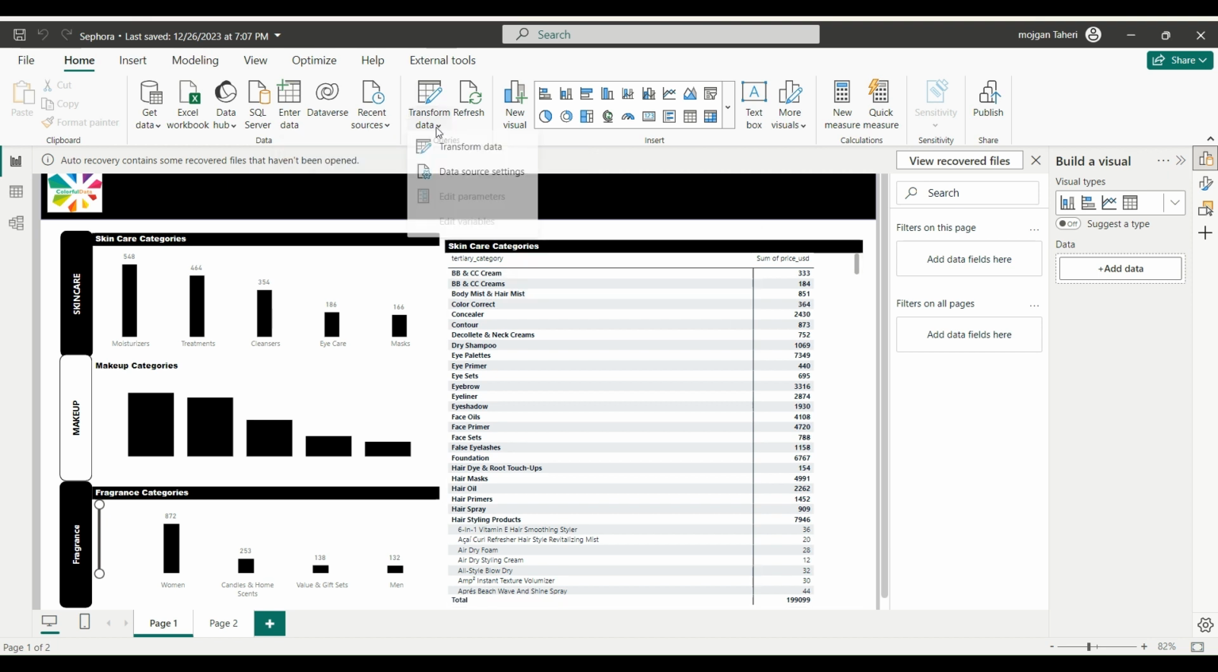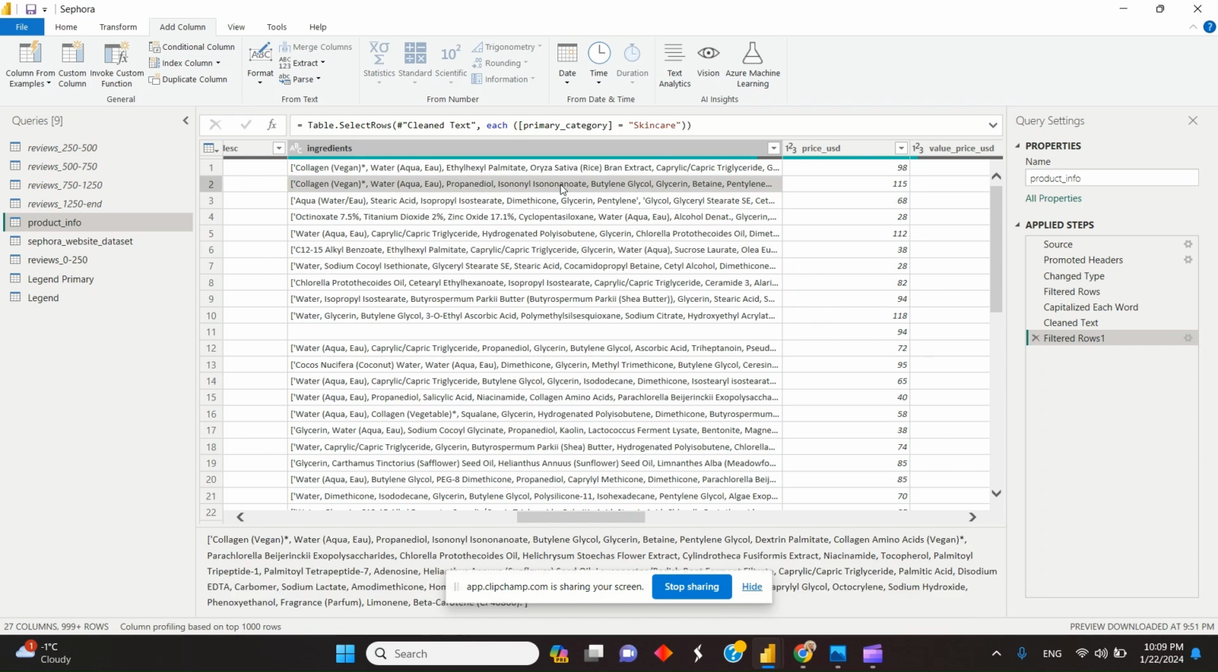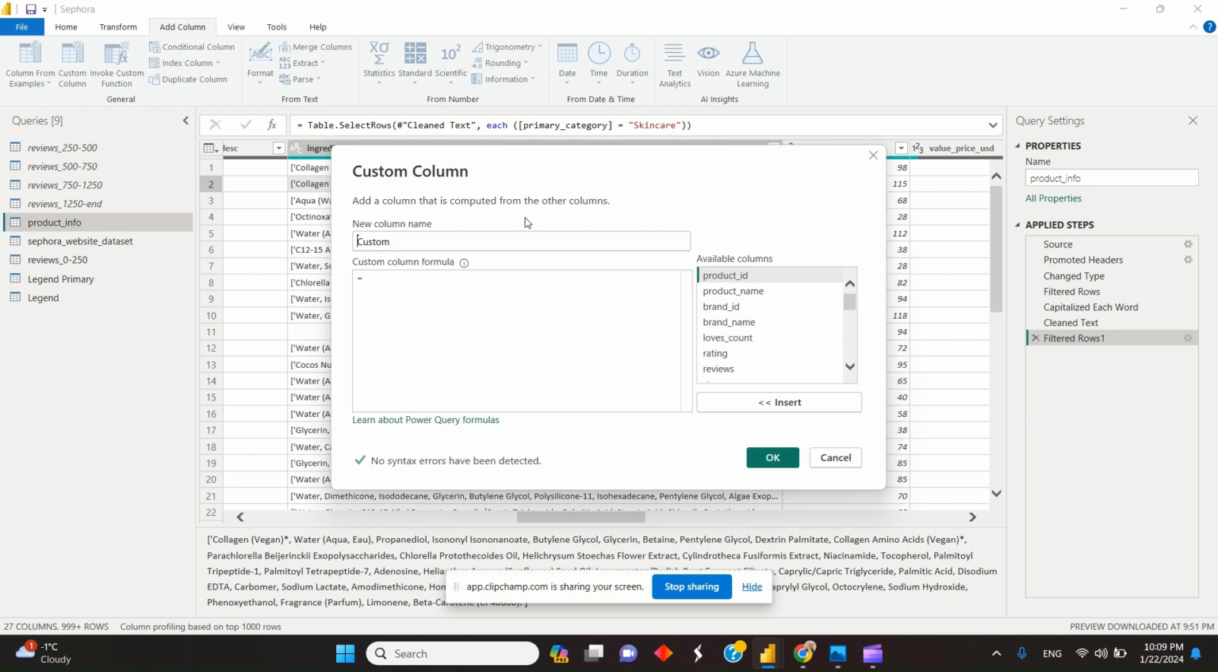Let's look at it in Power Query. In the ingredients column, you may see that we have a bunch of ingredients for each product. I need to understand how many ingredients exist in each product. One way in Power Query is to count the commas. So I add a custom column,